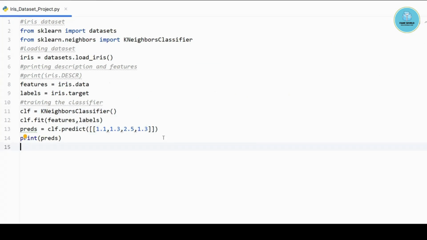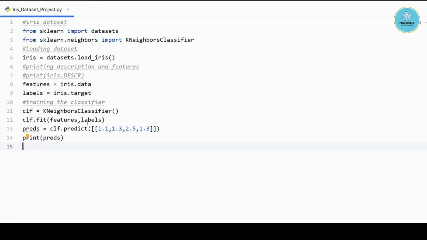Fine. Now you can see that this is very simple. We have done this. It was the very first project I have discussed with you. Not the basic one, it is the most popular actually, but still it is very small. In machine learning, the projects are not very big as compared to other programming languages.